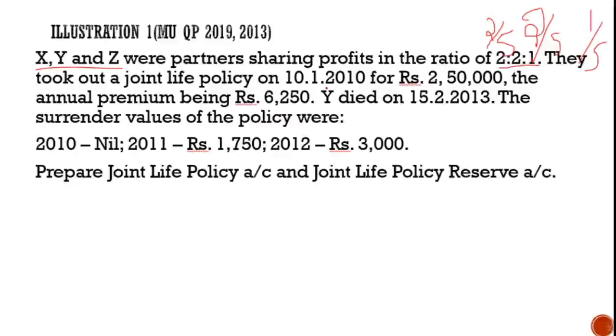They took out a joint life policy on 10/1/2010 and the sum assured is 2,50,000. The premium every year is paid at the beginning of the year, that is 6,250, and Y died on